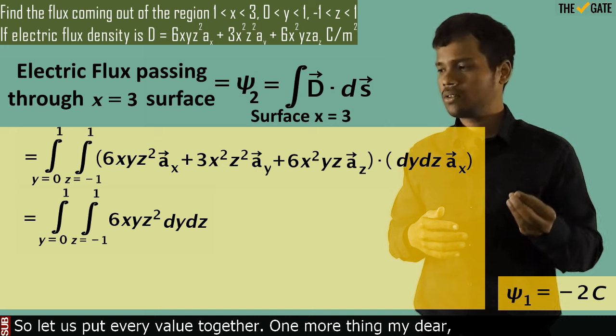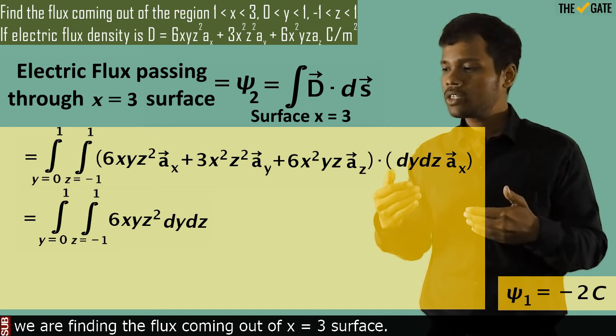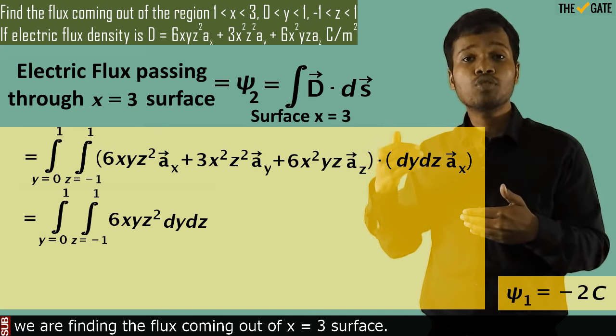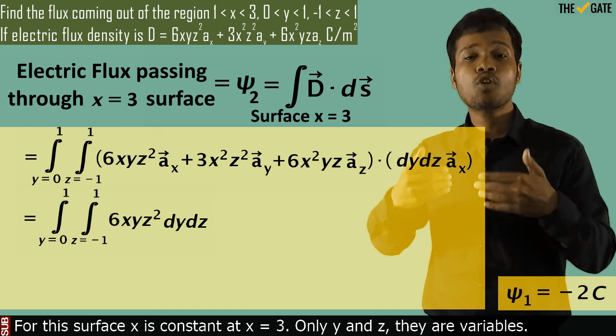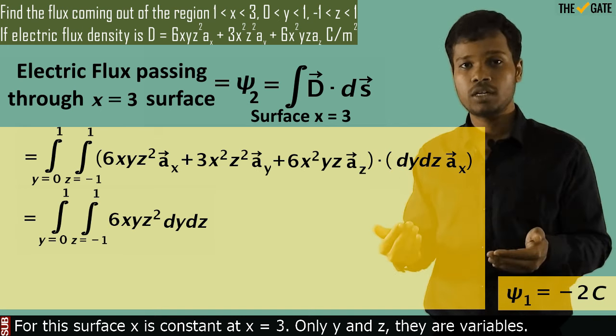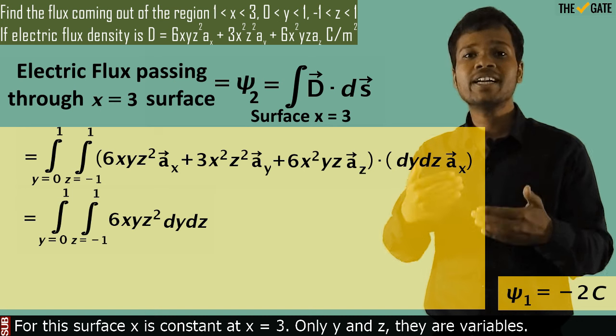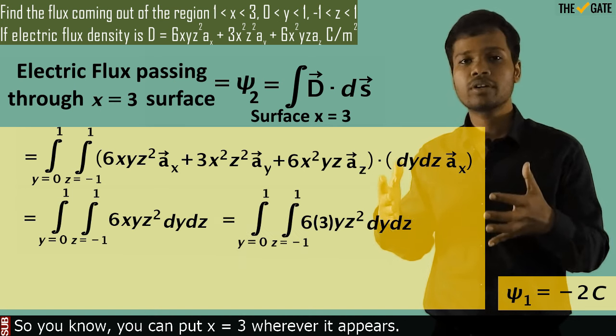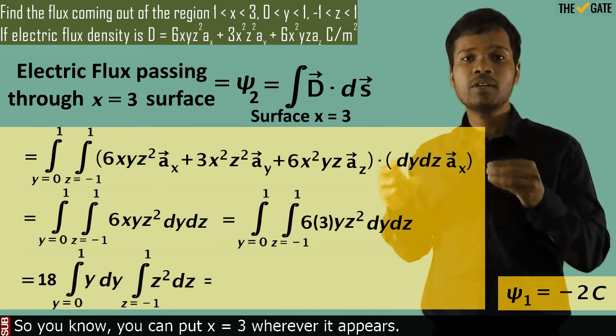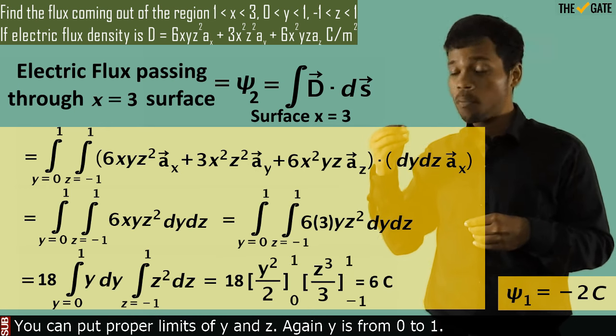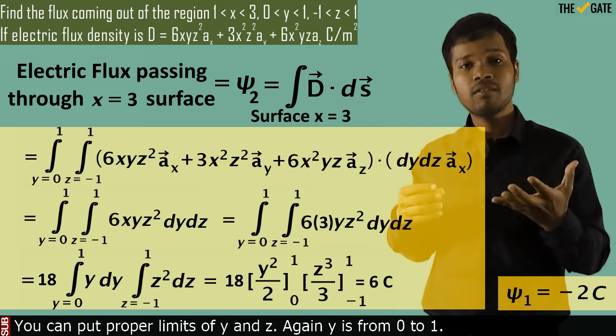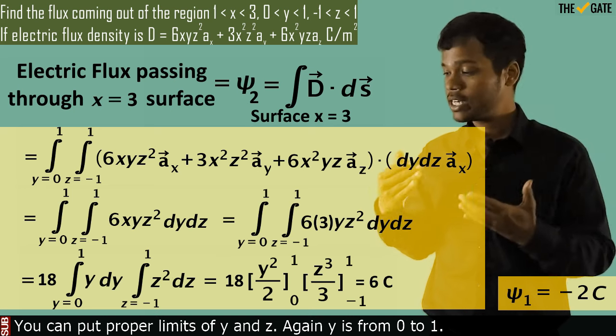One more thing, my dear. We are finding the flux coming out of x equal to 3 surface. For this surface, x is constant at x equal to 3. Only y and z, they are variables. So you can put x equal to 3 wherever it appears. You can put proper limits of y and z. Again, y is from 0 to 1, z is from -1 to